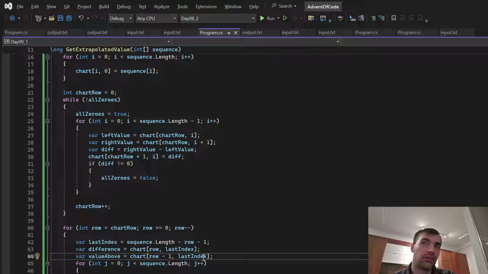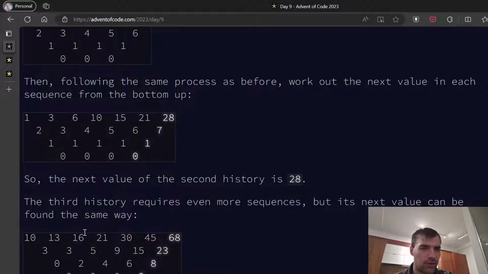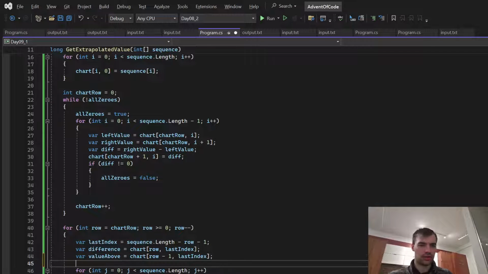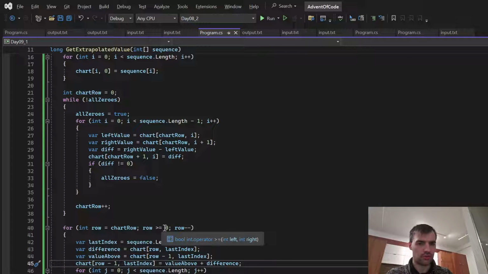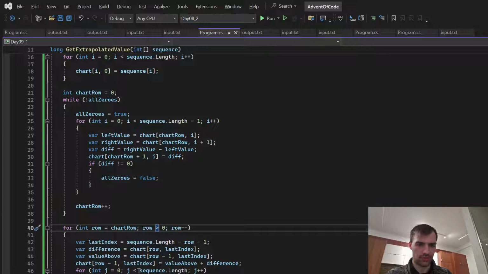Yeah, I think so, that it should be the same. So this is 0, 0. So 1. So technically it should be the same index to get the value above. Yeah. So we set chart row -1, last index